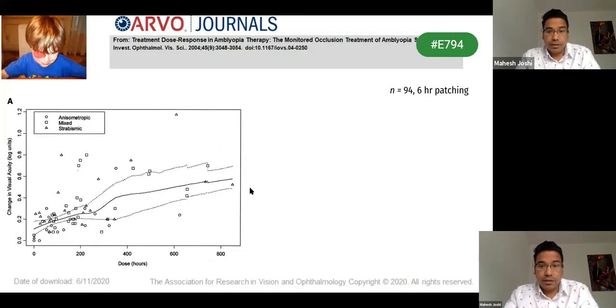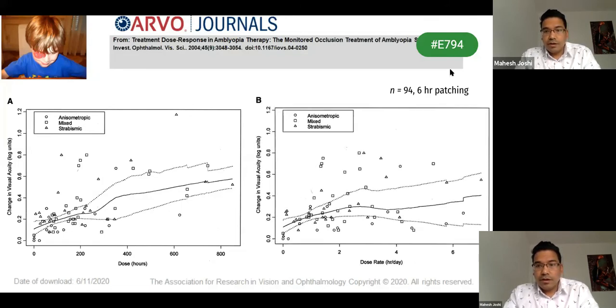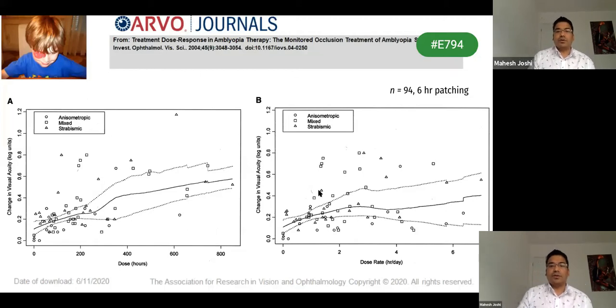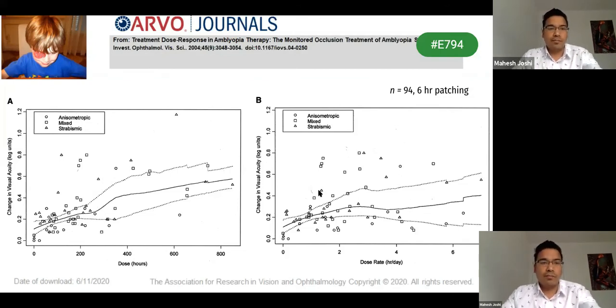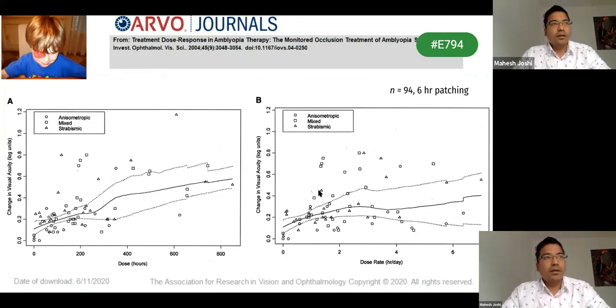Right? So another graph here on the right-hand side, again, this is the dose relation. So we always have this problem with how much amount we should prescribe to patch, because as we know, patching is kind of a difficult intervention in terms of child as well as parent. It has its own psychosocial implications, like bullying in the school and so on. So we need to know how much dose or how much amount of patching we should do for different